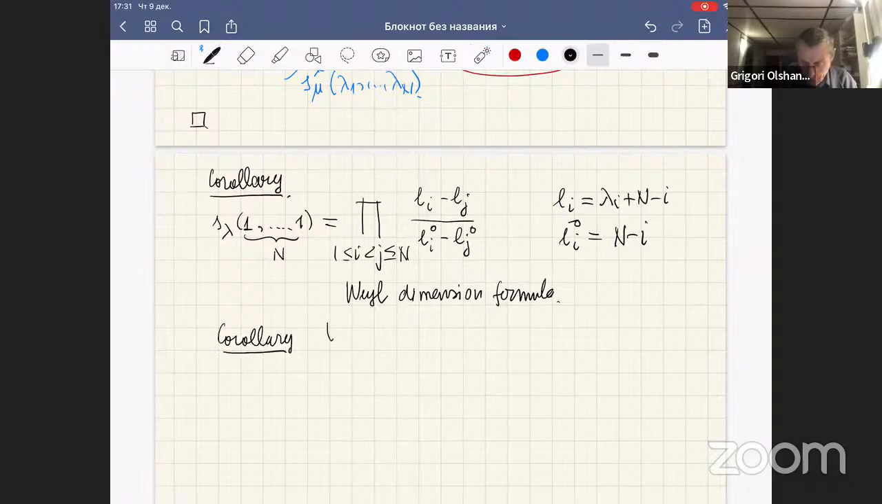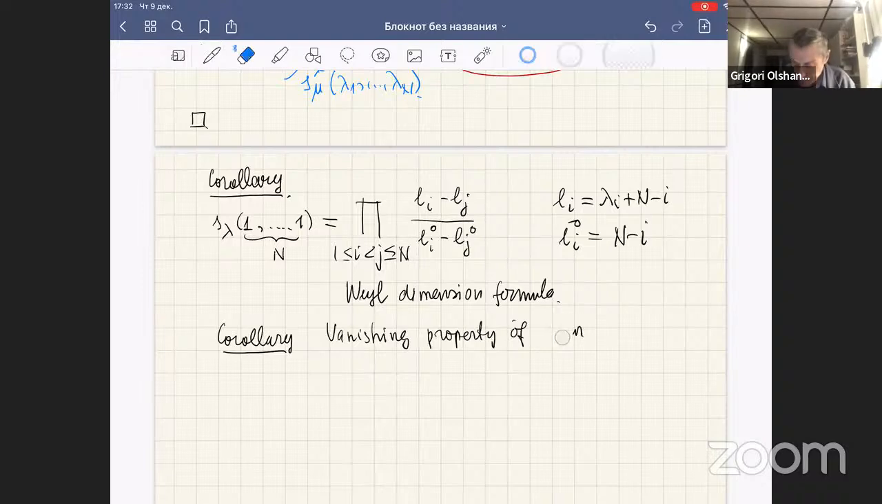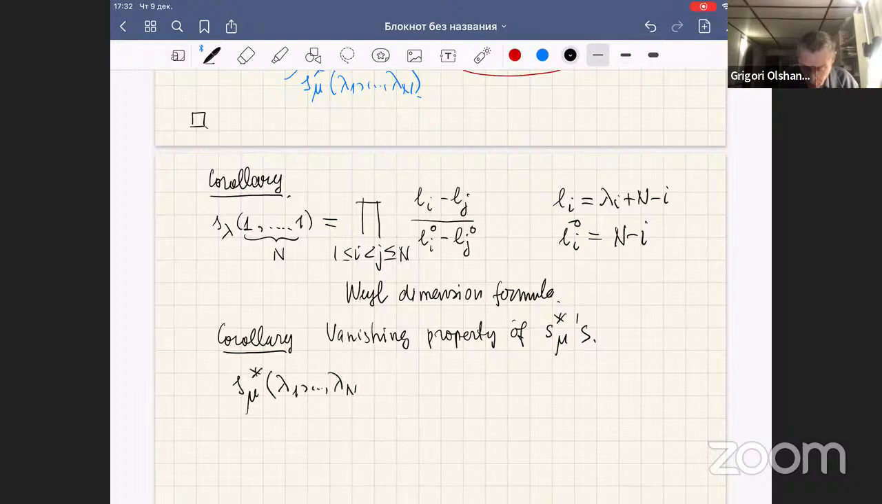is some vanishing property of shifted Schur polynomials. Shifted Schur polynomials. And this property can be stated as follows. Let's regard the shifted Schur polynomials as function on Young diagrams. And the result then is as follows. Is 0 unless mu is contained